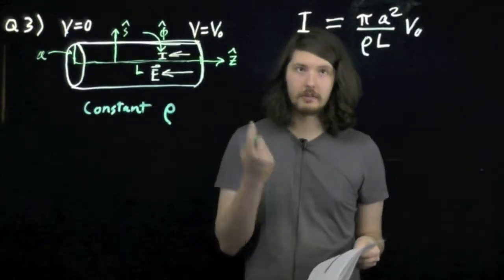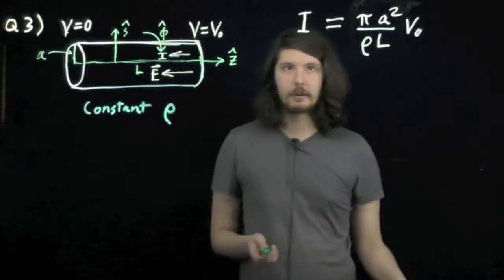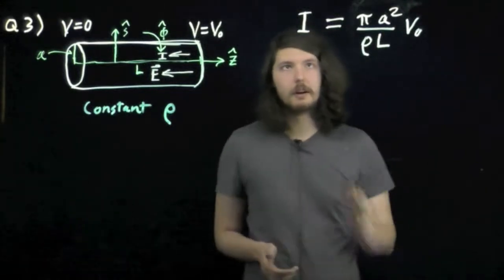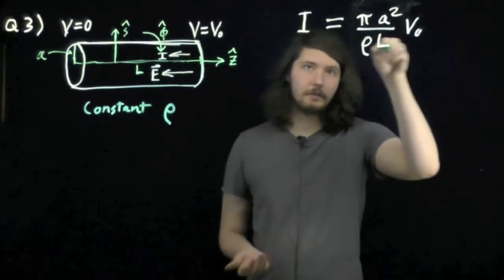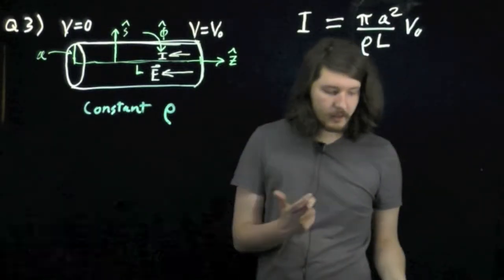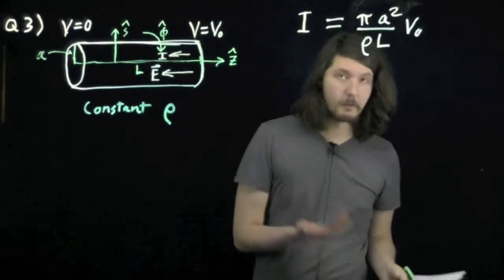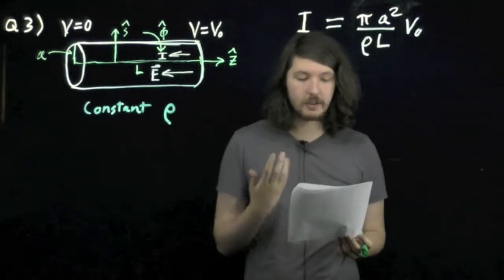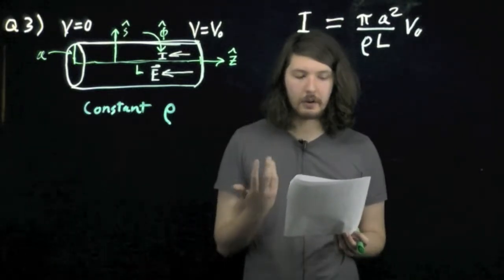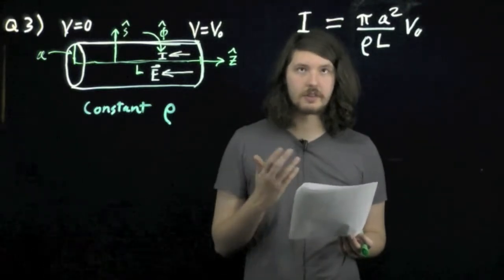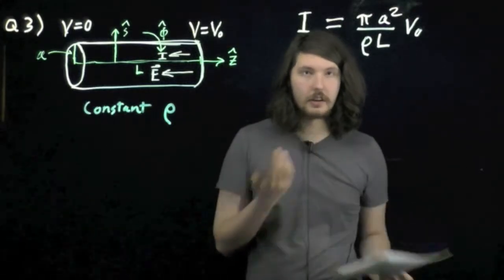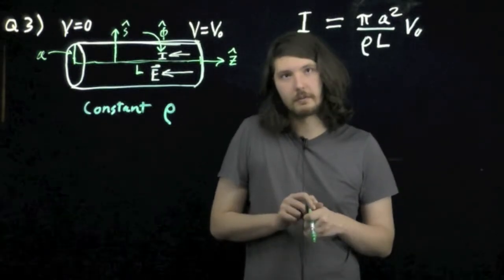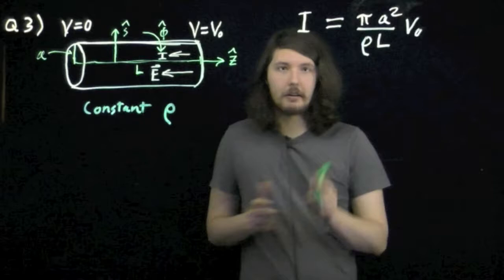Okay, so we finished part A, which asked us, in terms of the parameters given, what is the current flowing in the wire, and we determined that the current flowing through the wire is given by this expression right here. Now, part B asks, maintaining this voltage difference requires a certain amount of power. How much power does it take in terms of the parameters given? Before we answer this question, we have to answer another question. What is power? Power is defined as